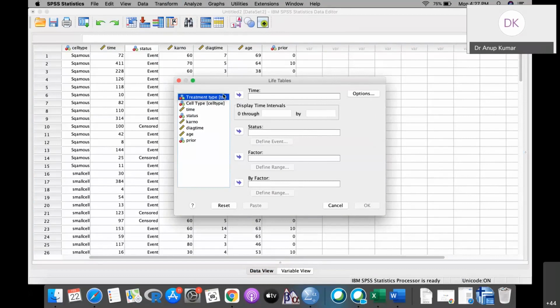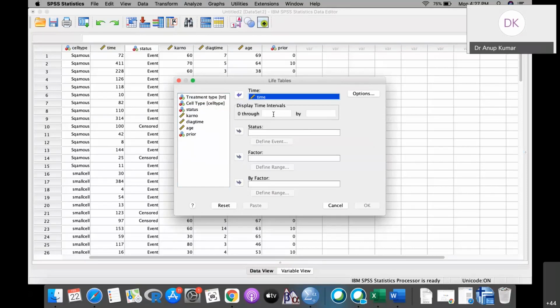In this window, the first entry it requires is the time, and we all know this is the variable time. The second thing it requires is the time in intervals. Intervals means, for example, 3 months, or 6 months, or 1 year.